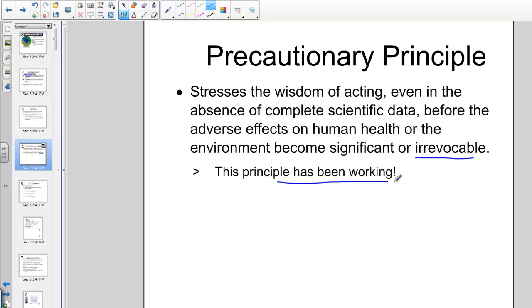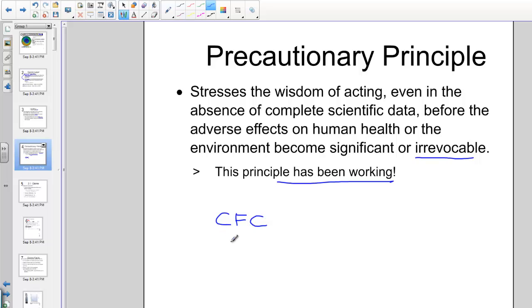So we have been noticing a significant improvement in what we call the ozone layer hole, the ozone hole, simply because we've been working on a precautionary principle. We have stopped putting the pollutants into the atmosphere that we know are causing damaging effects. Perhaps you've heard of the term